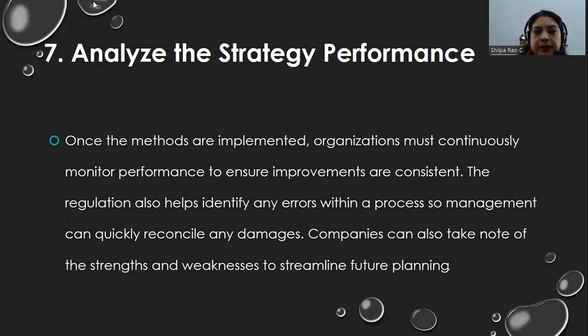So this was retail planning, where we have seen the 7 steps needed to implement